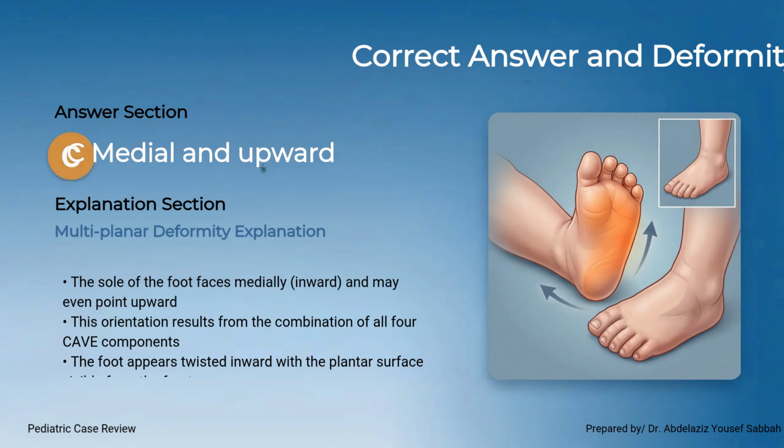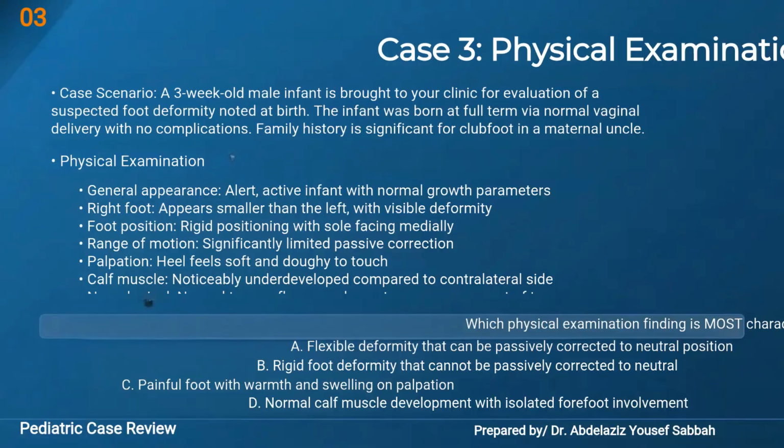The key clinical insight is straightforward. If the foot corrects fully with gentle passive manipulation, it is a positional deformity that can be managed conservatively with stretching and observation. If it does not correct, it is true congenital Talipes Equinovarus, and the Ponseti method must begin promptly. Case 3. A 3-week-old male infant is brought to your clinic for evaluation of a suspected foot deformity noted